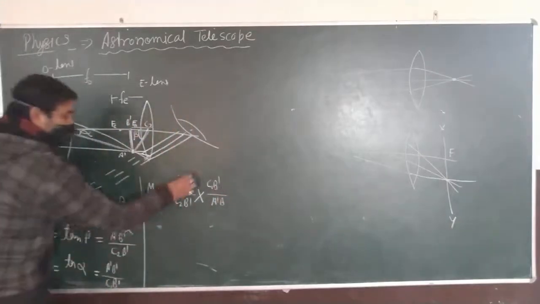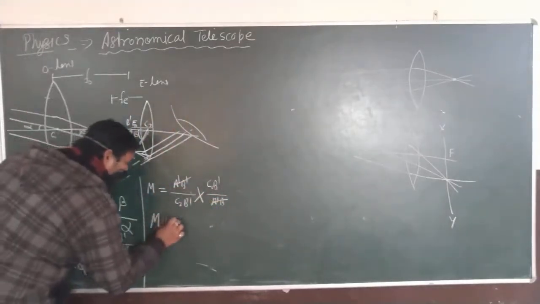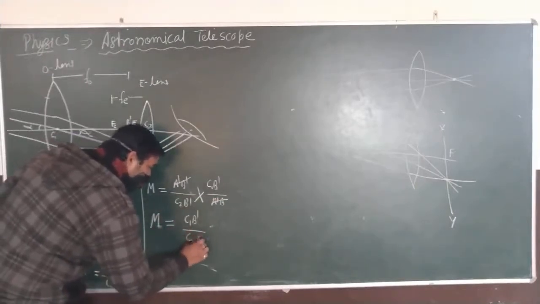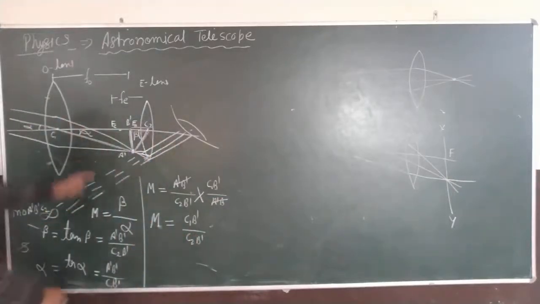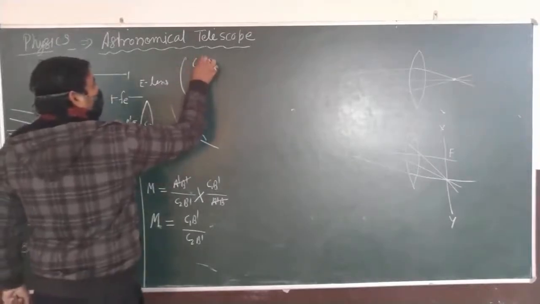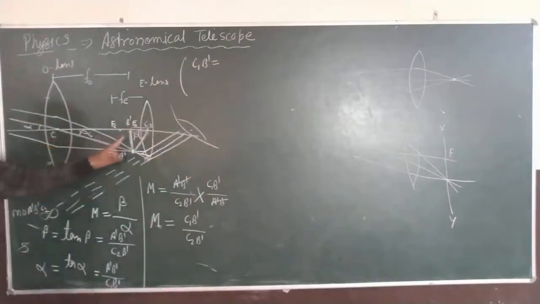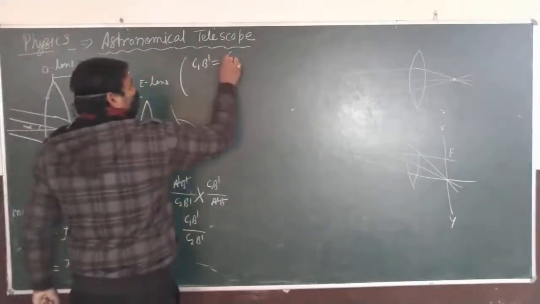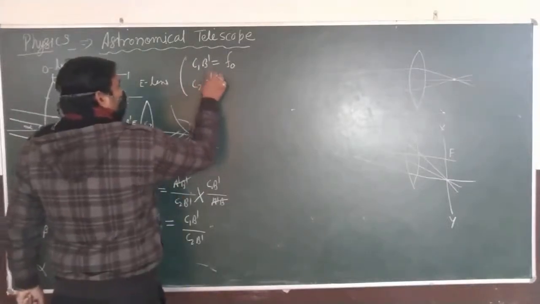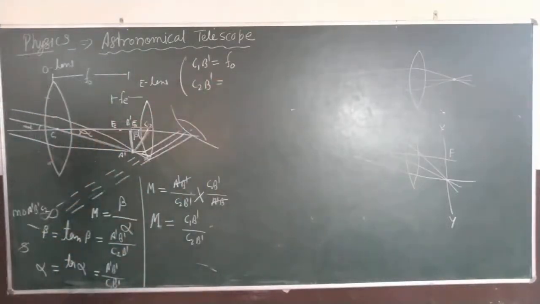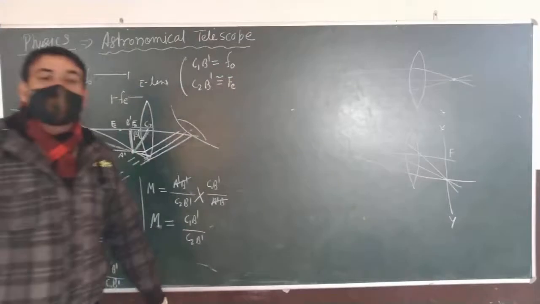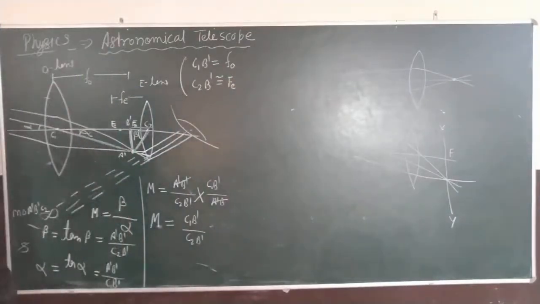Clear? Then it will be cancelled and we get the result is equal to C1 B dash upon C2 B dash. Okay? Now, according to figure, C1 B dash is equal to FO, okay, and C2 B dash is equal to FP or nearly equal to FP because the focal length of eyepiece is too small. Okay, therefore